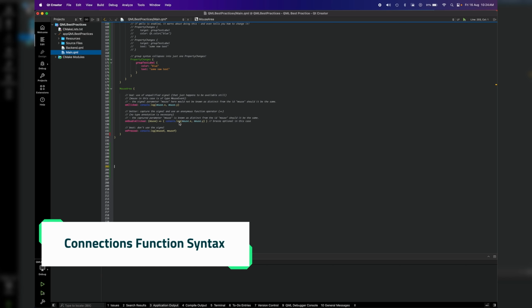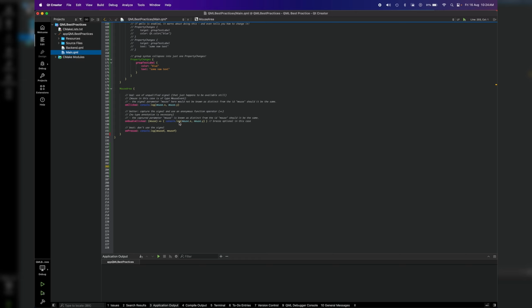Connections function syntax. The Connections element in QML has undergone significant improvements, enabling you to connect to any signal by defining a function of the same name as the signal you want to handle. This method is more flexible than the older approach, as you can replace the target, and it can connect to a signal of the same name. With the new syntax, QML tooling such as QML lint can detect errors at compile time,